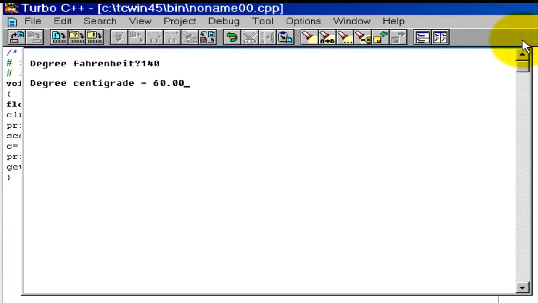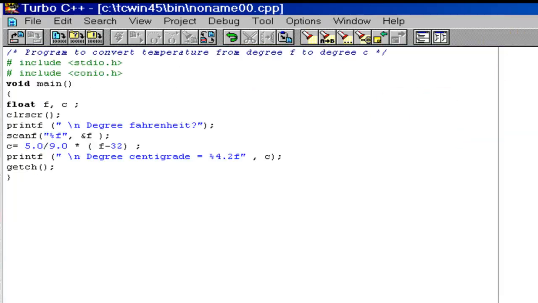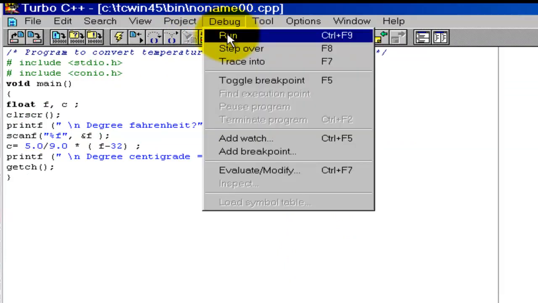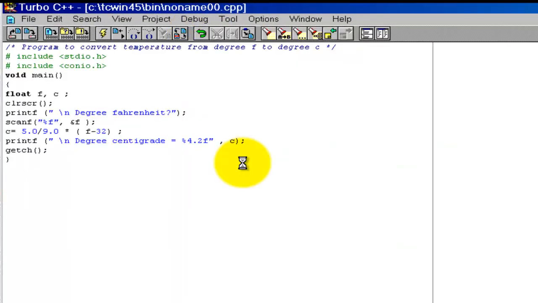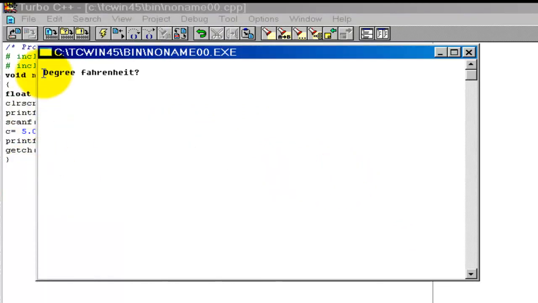Again we run the program. Click on debug, click on run. It takes some time. Then, degree Fahrenheit, we put the degree in Fahrenheit, 245.